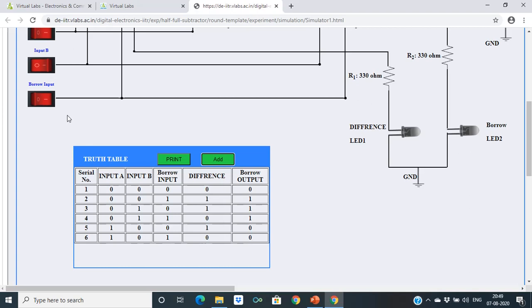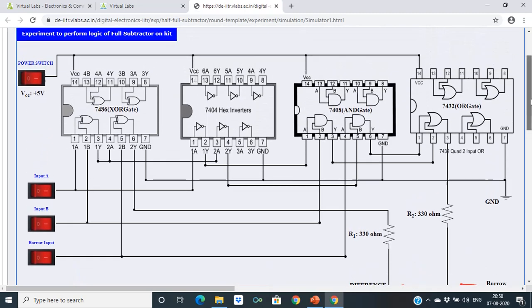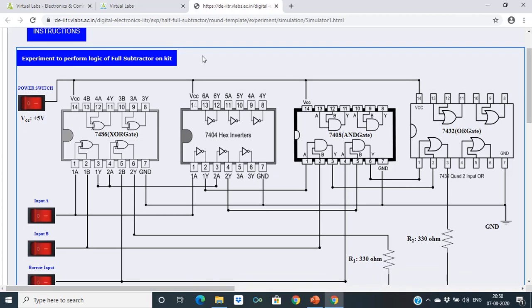Then you can go for 1 1 0, 1 minus 1 will be 0, 0 minus 0 will be 0. Then finally you can go for all ones, 1 minus 1 will be 0, and 0 minus 1 will require a borrow and difference will be 1. So this way you can see how to design a full subtractor and how to verify it.